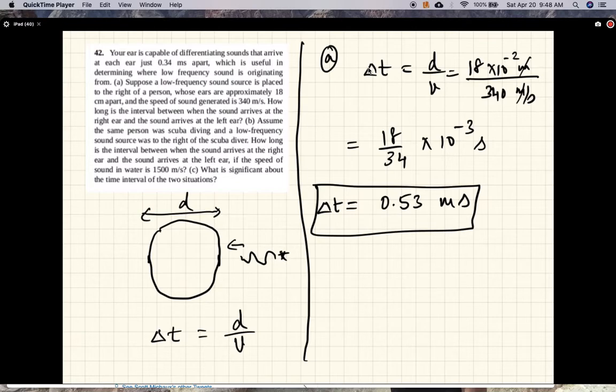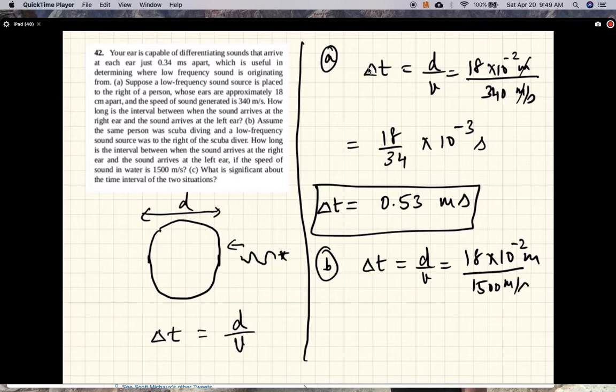Okay, now let's do the same problem underwater. So underwater it would be d over v, again 18 times 10 to the minus 2 meters divided by 1500 meters per second. And so we're doing the same calculation, 18 over 150 times 10 to the minus 3,